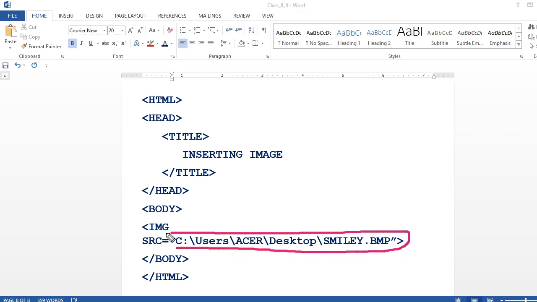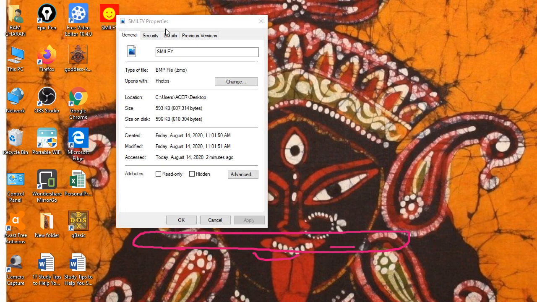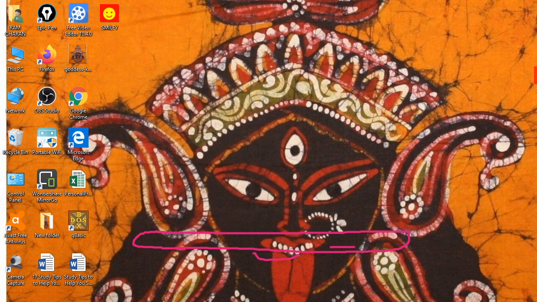The source location on the desktop is this one. See, C drive, users, desktop, and on the desktop I had given the name smiley.bmp. I can show that image to you also. See, I had kept that image here. You see this image is here.